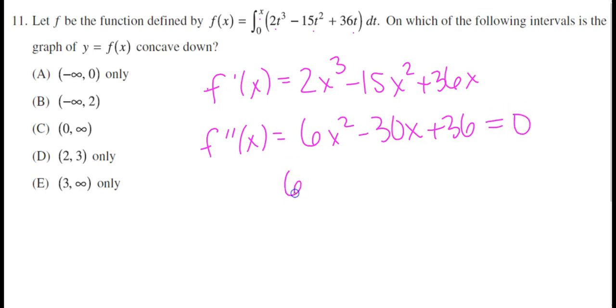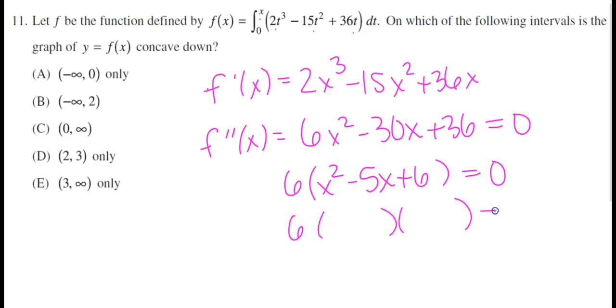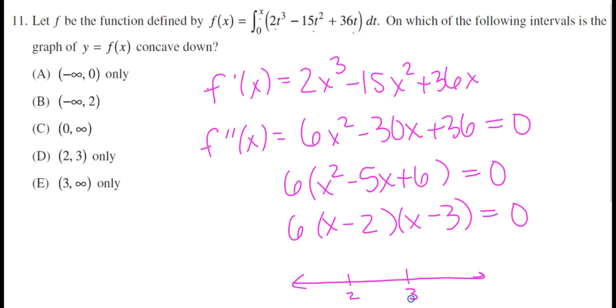Let's solve by factoring. Factoring out a 6 gives me x squared minus 5x plus 6. Factor that trinomial. What multiplies to be 6 and adds to be negative 5? So negative 2 and negative 3. So my critical points are positive 2 and positive 3. I'm coming back to the factored form of